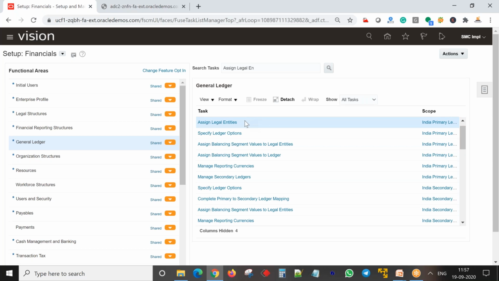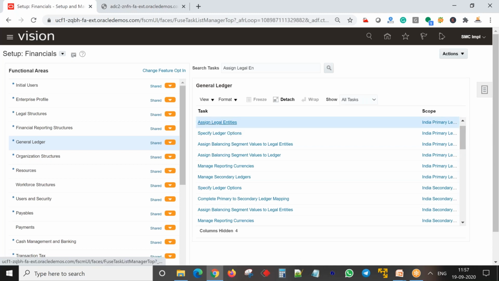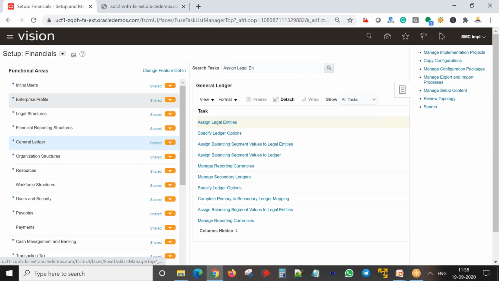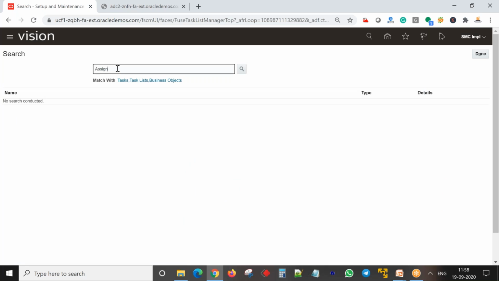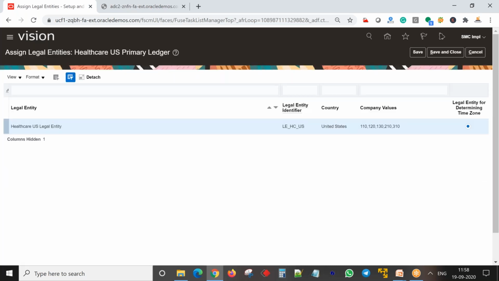So this is the task, Anup, that you have to select. When you select the scope, since I was doing it before, the scope is already selected. If not, you can always go and click here. Or let me just go and see if I've changed the primary ledger. Am I able to search and go in proper context? No, it is still not going in this context.